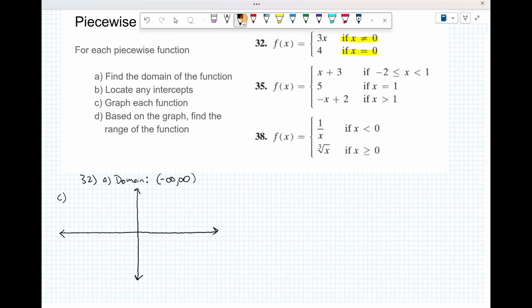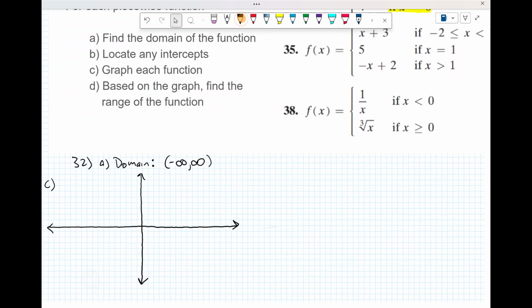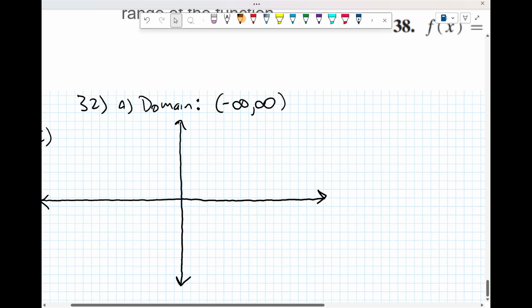And so it's 3 times x, except when x is equal to 0. So I'm going to graph 3x for every point except x equals 0. What would that look like? Well, 3x is really